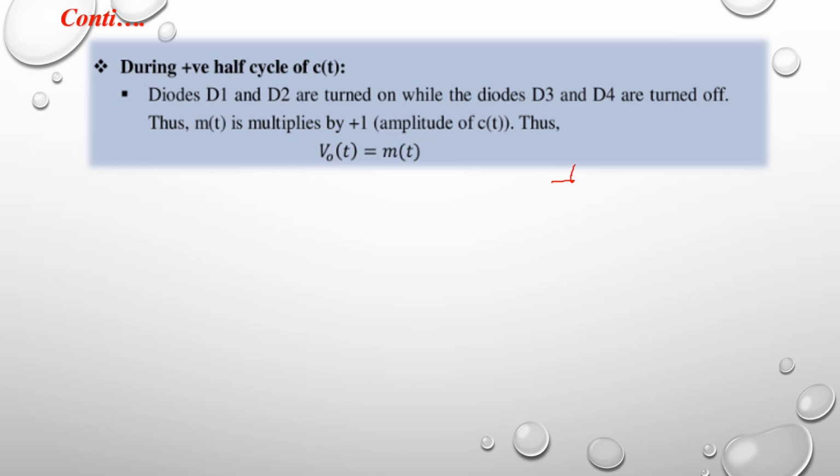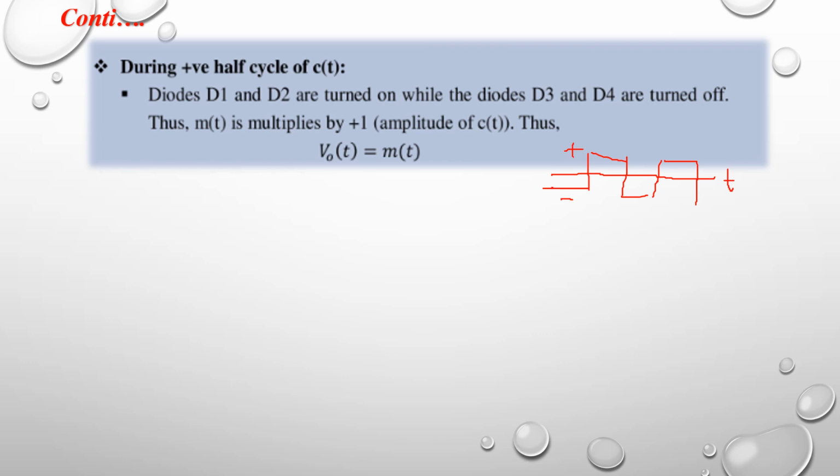Let's consider one square wave. This is the reference line with respect to time t, this is the positive amplitude of the square wave and this is the negative amplitude of the square wave. In a ring modulator, the applied carrier is the square wave. It consists of a positive cycle and a negative cycle with respect to time t. So we know that the modulated signal S of t is equal to the product of the input signals. The input signals are the message signal and the carrier signal, so it is equal to M of t into C of t.